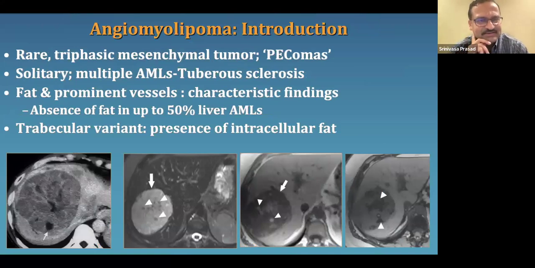It's an extremely rare, just because we are talking about mesenchymal tumor, I just wanted to show this case of a rare, typically triphasic tumor, in that it has angioid, smooth muscle, and lipomatous components, but one can have predominantly either lipomatous or what is referred to as the epithelioid variant, which can be very difficult to diagnose prospectively. So if it's a heterogeneously enhancing mass with the prominent vasculature, with the presence of a macroscopic fat, that is